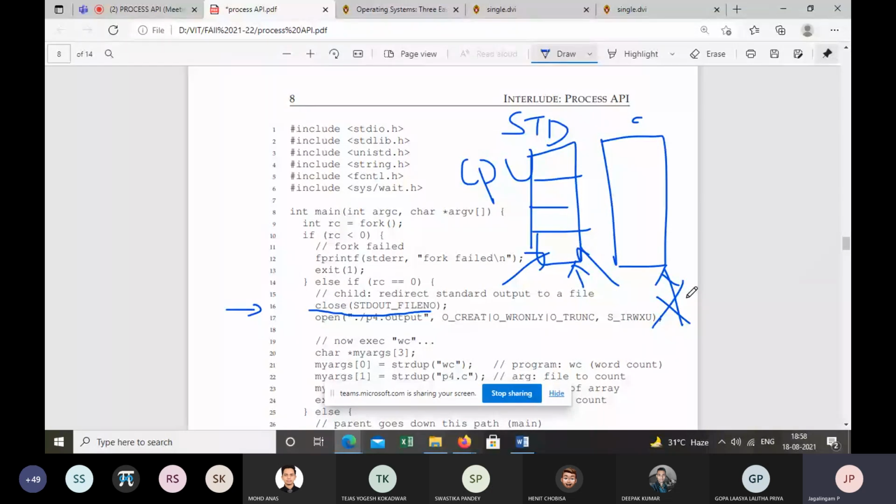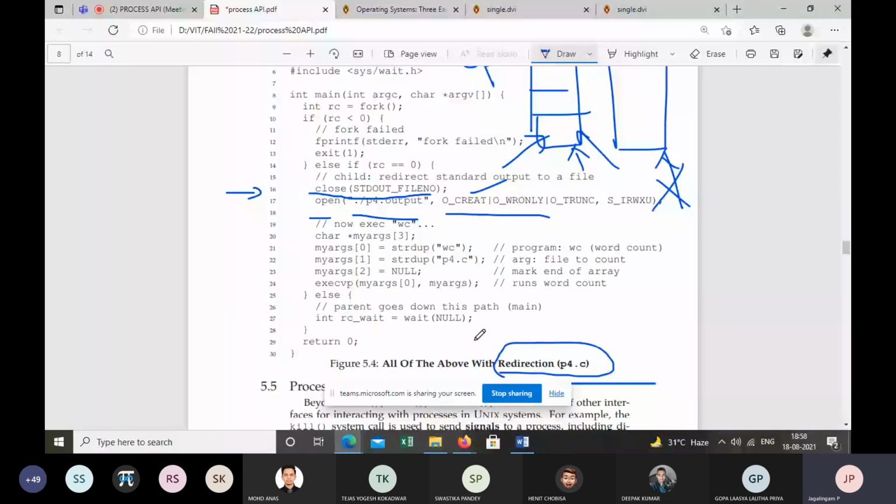Instead of that, we open a new file, we want to create it and write the output in that file, right? The same previous code, the only thing is lines 16 and 17 are added here.